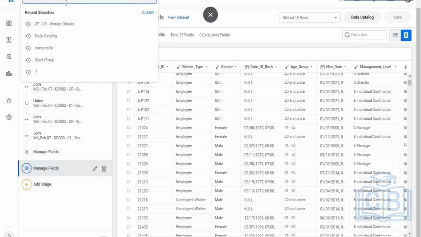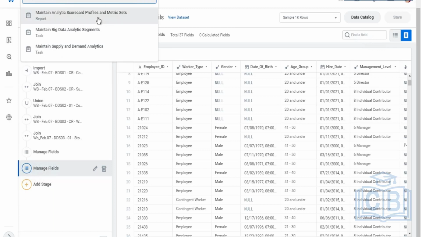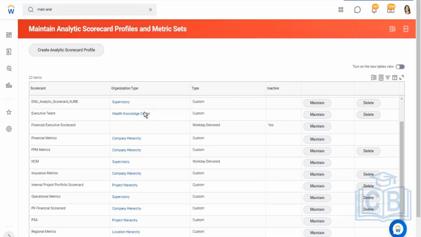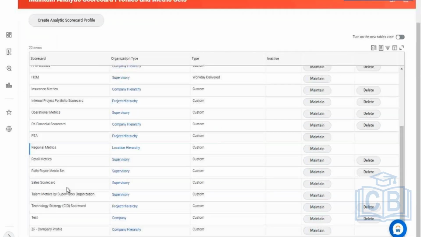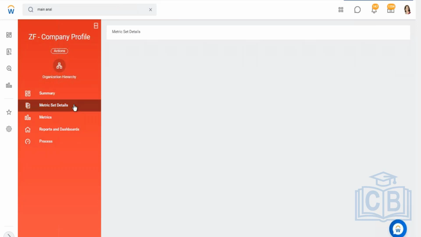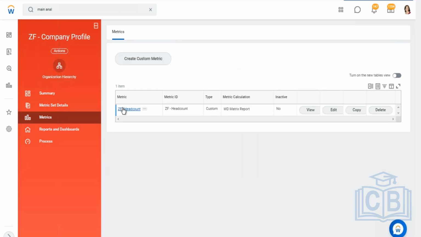So again, as I mentioned, I will not go into details. This is where we define those scorecards. There are quite a few scorecards created. I created one, this is just one sample value. In these scorecards, we define different metrics. In the metrics, this is where we can define different metrics. If you see, this metric I have defined to get the head count,